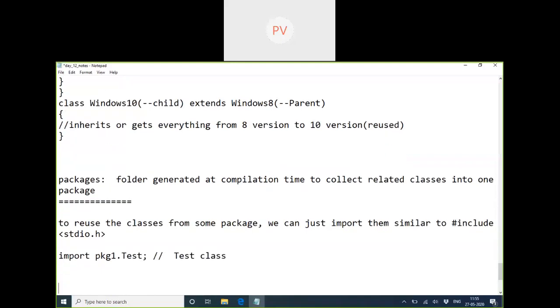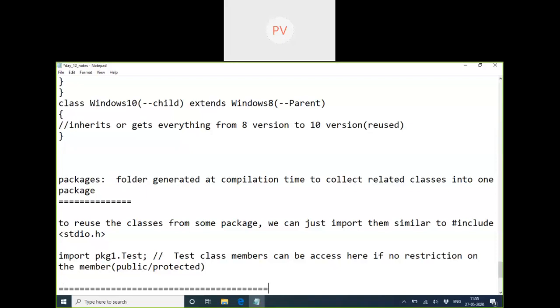Now about the test class, its members can be accessed if no restrictions are given on the members. If they are public or protected, we have to check that. Only then can we access them from others. If it's default or private, it's nowhere accessible from other folders. It's only restricted to the package.